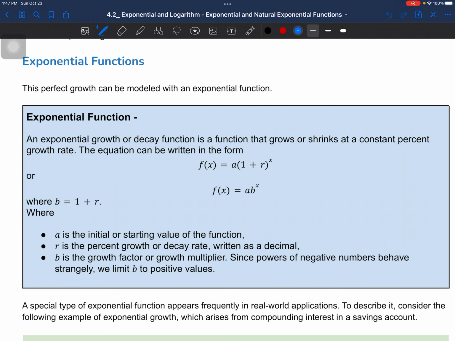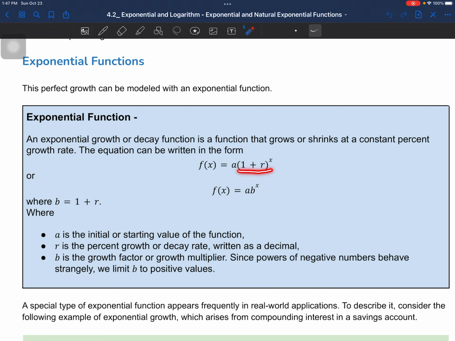Alright, so let's begin. What is an exponential function? Well, an exponential function is a function that is in the form of an exponent, right? In other words, the variable is the exponent. So often we use this when we're talking about a problem that regards an exponential growth or decay function. So an exponential growth or decay function is a function that grows or shrinks at a constant percentage growth